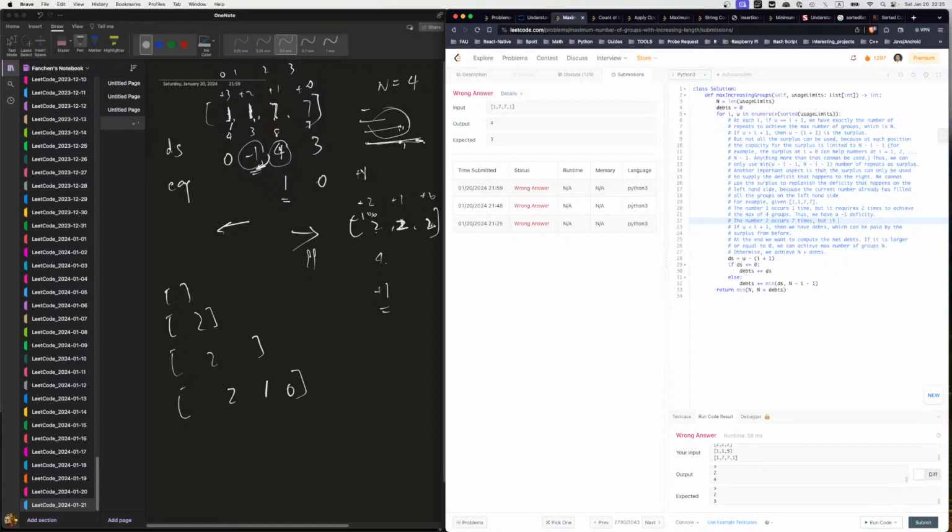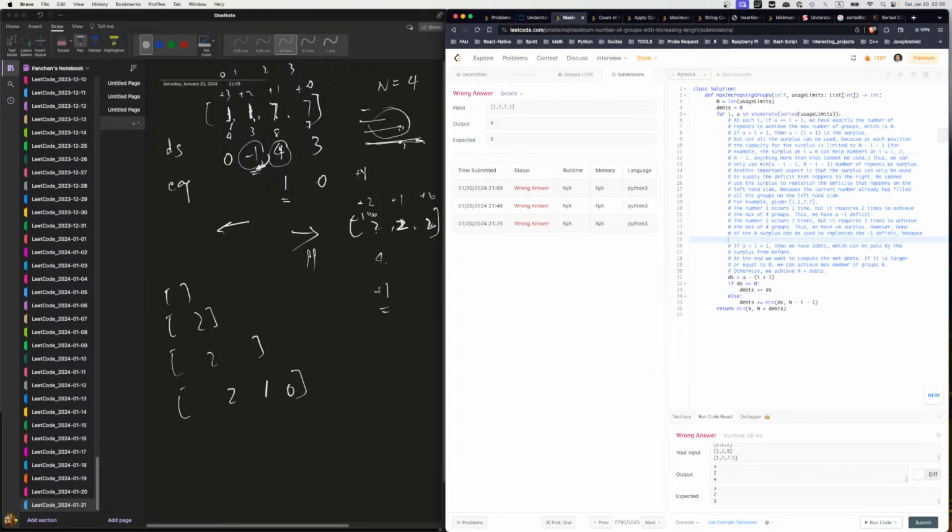But it requires 3 times to achieve the max of 4 groups. Thus, we have a +4 surplus. However, none of the 4 surplus can be used to replenish the -1 deficit